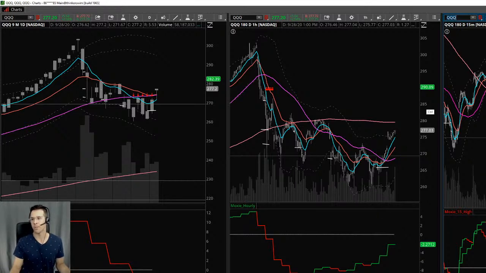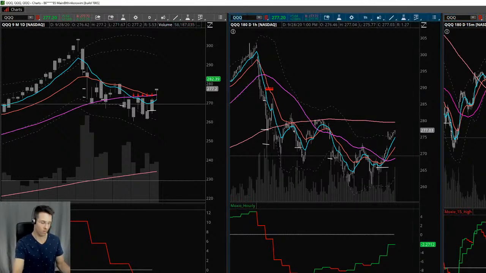And the same thing, price is really quite off of the 15-minute 50. And then on the daily chart, the 8 is still below the 21. So the immediate trend for now with the market is still to the downside. The 8 is still below the 21 on the daily chart. And if we look here, we do also still have this resistance of the hourly 200, which maybe not right now, but maybe sometime in the future is going to pose a problem.